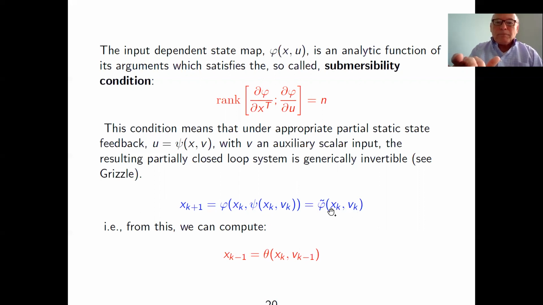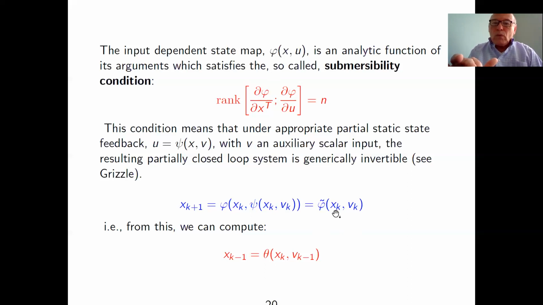So for instance, you would be able to obtain x_k as some function of x_{k-1} and v_{k-1}. If you wanted to obtain x_{k-1} in terms of x_k and v_{k-1}, you cannot always do that if phi is any arbitrary nonlinear map, unless some rank condition is imposed. And in order to be able to invert this, you have to be able to at least locally solve for